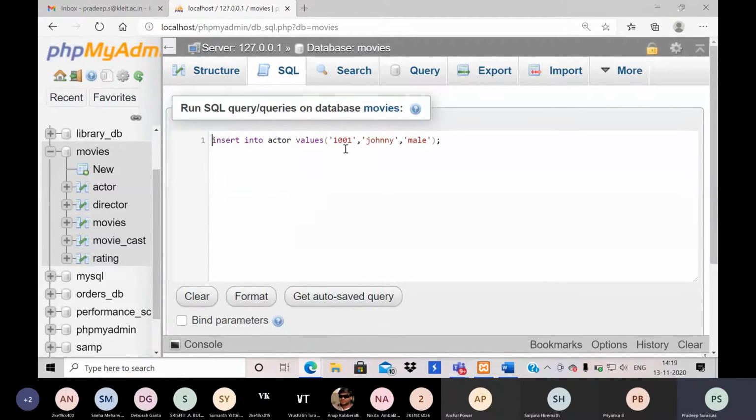Let me copy and insert a few more values as well. Just some names I will scribble so that I can have some 5 to 6 records.